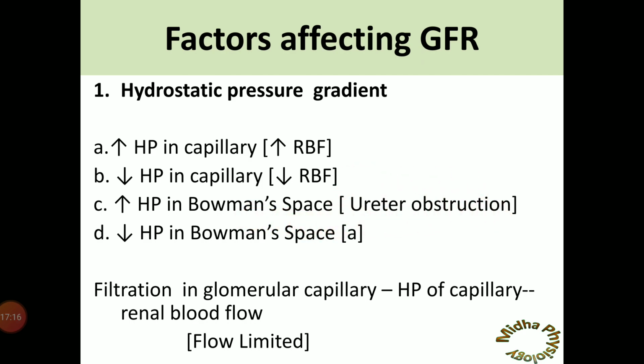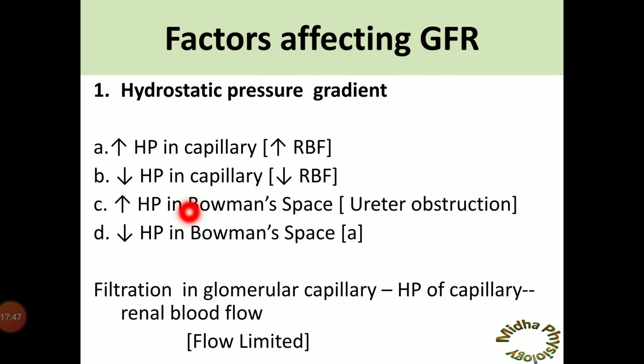In this condition, you'll find that the urine being produced from the kidney is not draining out into the ureter, due to which the urine would accumulate inside the kidney only, or the ultrafiltrate would be seen inside the nephron only. This ultrafiltrate, whenever accumulated inside the renal tubule and in the Bowman's space, finally exerts higher hydrostatic pressure. So at this time, the GFR would be decreased.